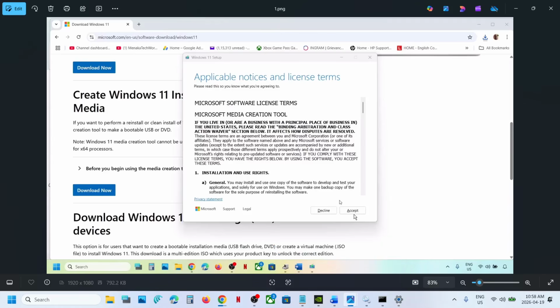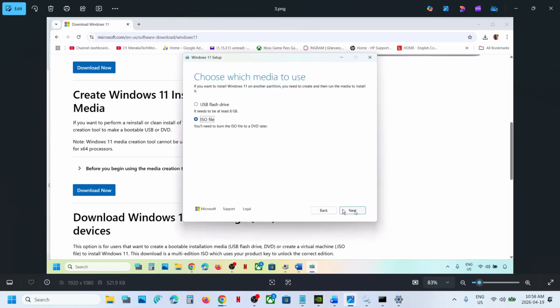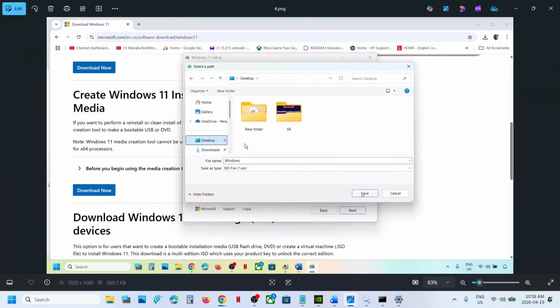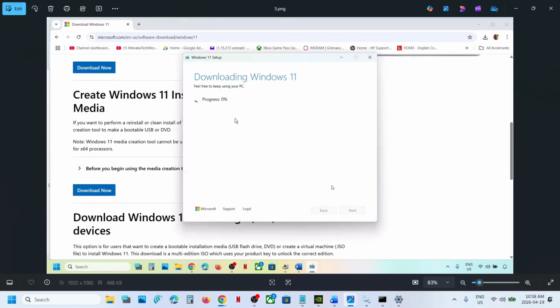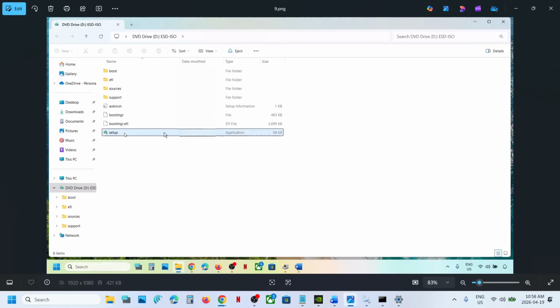By default, Windows 11 will be selected. Click on next. Select ISO file over here and then click on next. You can save it to desktop. Click on save. And let the download complete. Once the download is complete, you can click on finish and let this close automatically. Once done, go to desktop, make a double click on Windows ISO file, make a double click on setup file,